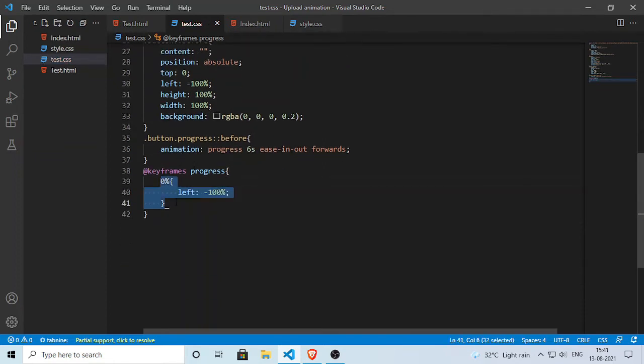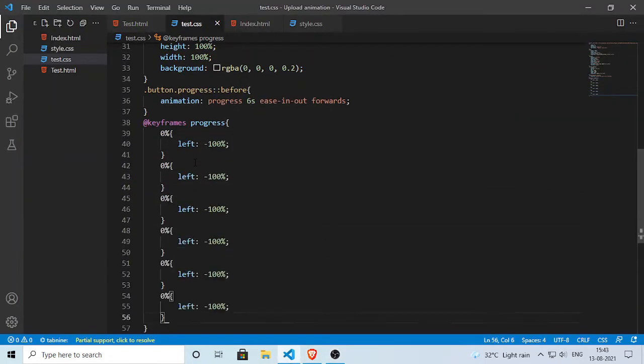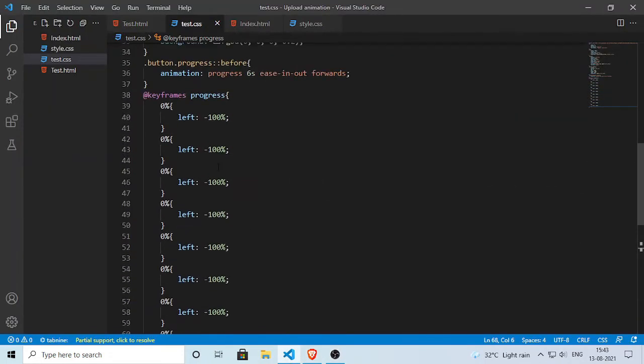So you need to just follow the code. You need to make some changes here, as I am making. And I am reminding you the code is available on my website. You can check the description for the code.